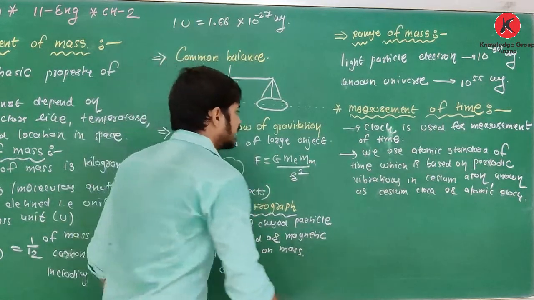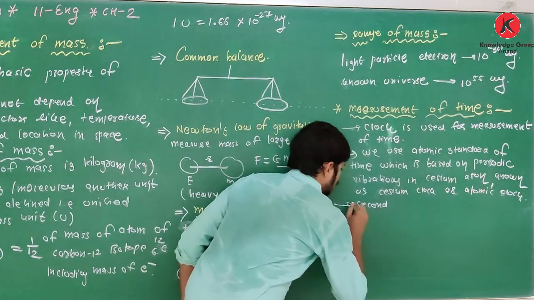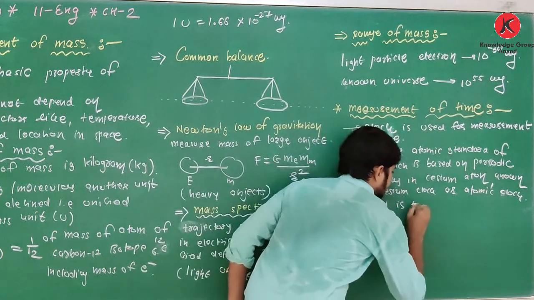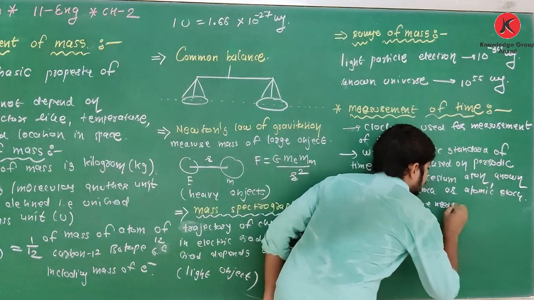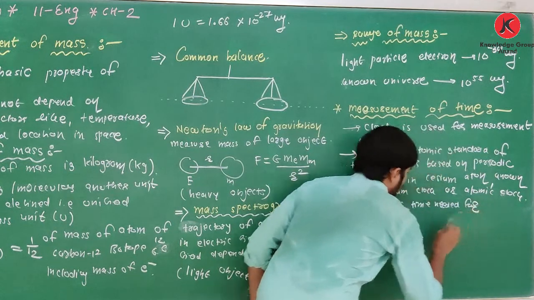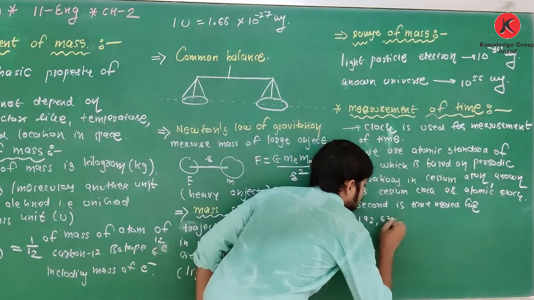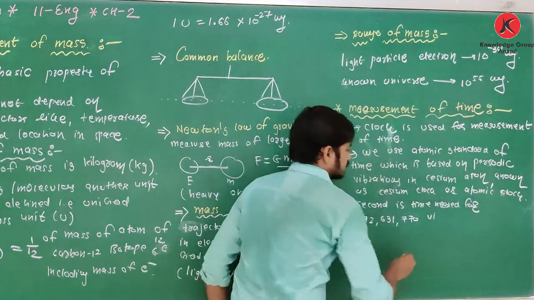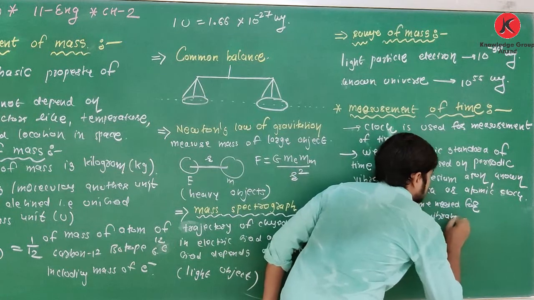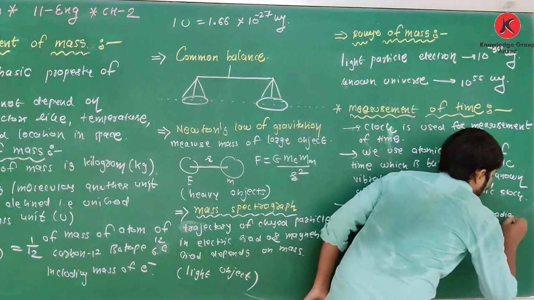What is second? 1 second is the time needed for 9,192,631,770 vibrations of radiation,